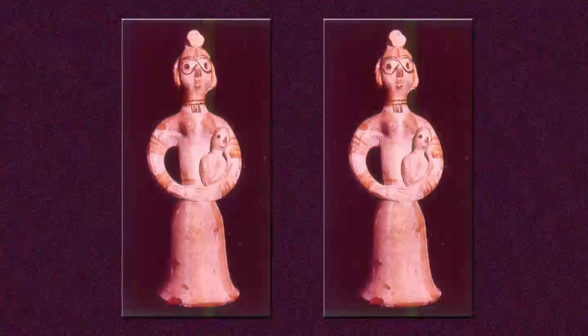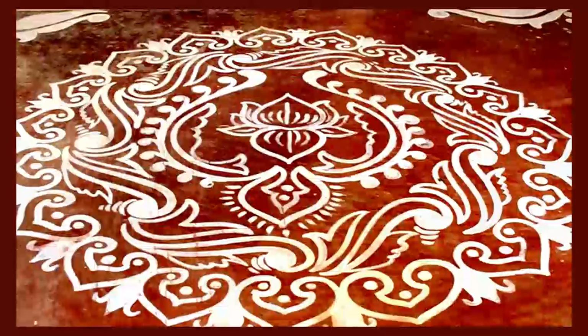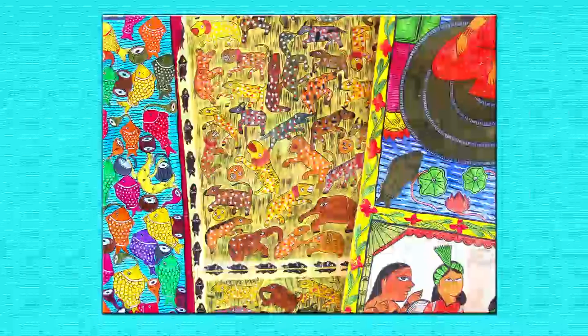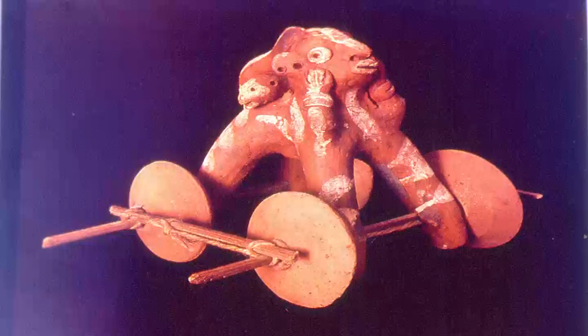Look at any of these folk toys or dolls, they will all have the same character of being timeless. Look at these floor decorations being done by a woman in a village. Maybe similar floor decorations were there even 500 or 1000 years back. So, some of these specimens, and there are many such specimens from Bengal, from other parts of India, the spot painting from Bengal or the floor decorations, they all have the same character, that they do not conform to any particular time bracket.